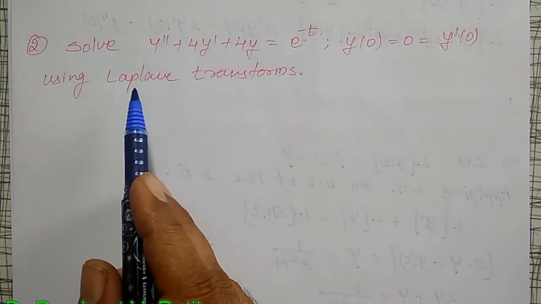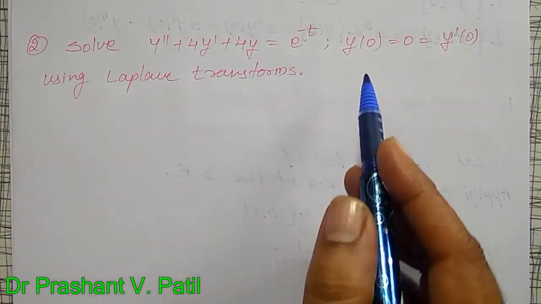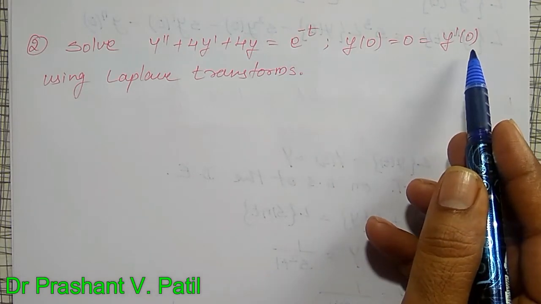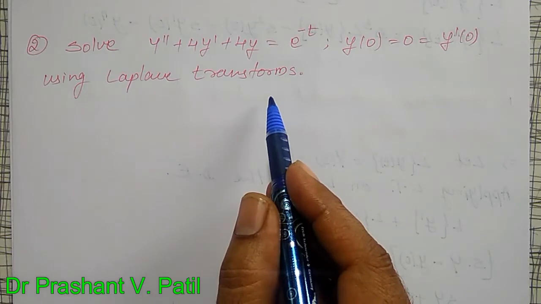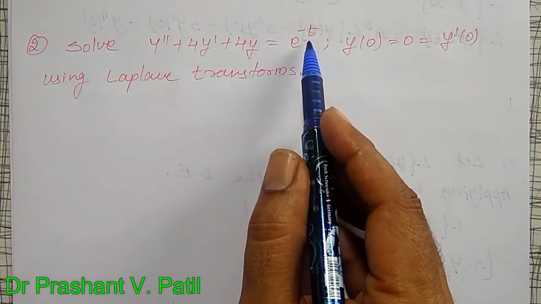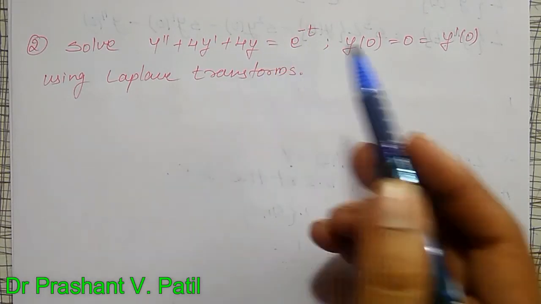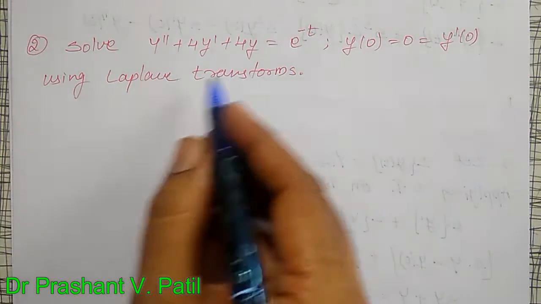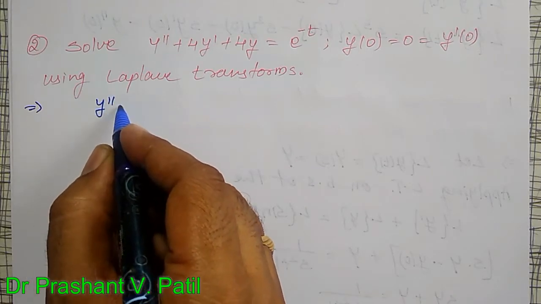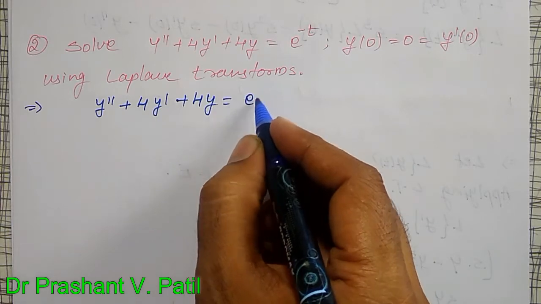Solve y double dash plus 4y dash plus 4y equal to e to the power minus t, and conditions are given y of 0 equal to 0 and y dash of 0 equal to 0, using Laplace transforms. Here y is a function of t because e to the power minus t on the right hand side is given, therefore it is a function of t. Now applying Laplace transform on both sides of y double dash plus 4y dash plus 4y equal to e to the power minus t,